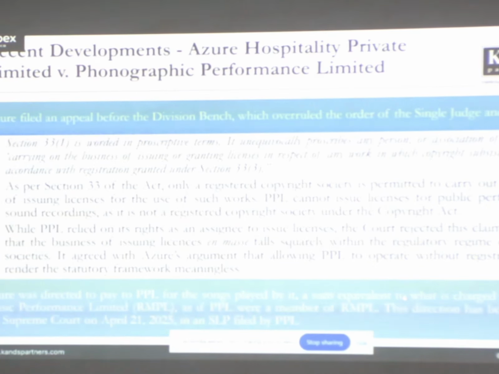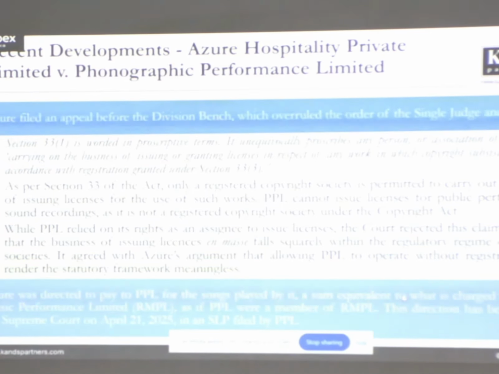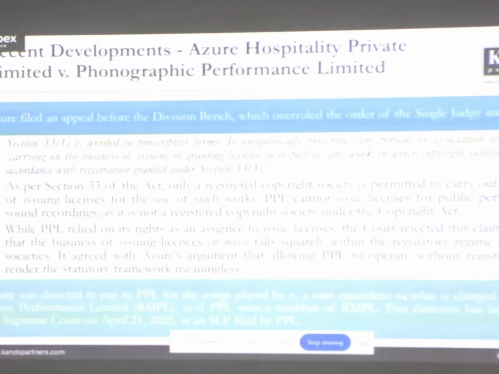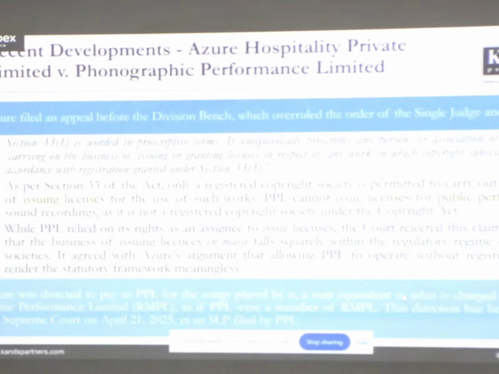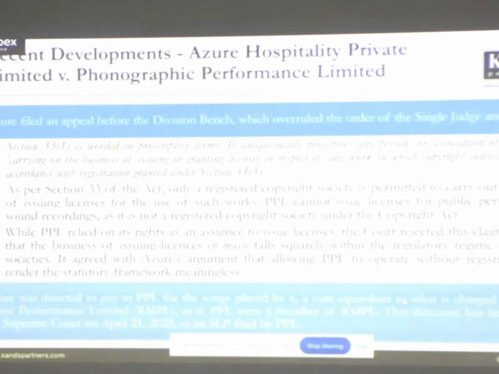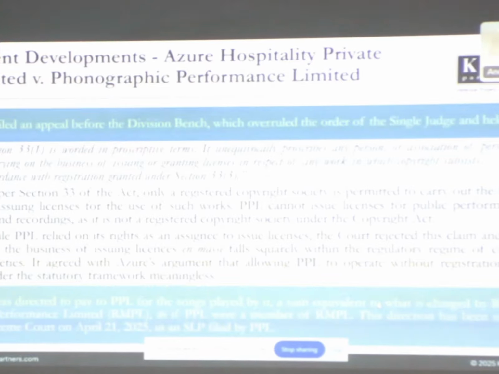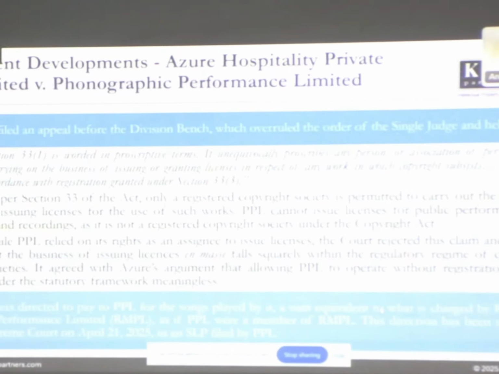But at the end of the day, Azure cannot be allowed to use this music free of charge, because it is copyrighted work. So the court ordered Azure to pay PPL for the songs played by it, a sum that is charged by RMPL. Now RMPL, you saw earlier, was the registered copyright society for sound recordings. Every copyright society has its own tariff based on which the license fee is paid. So the court said that Azure will have to pay PPL along the lines of RMPL's tariff, as if PPL is a member of RMPL, and PPL will not be allowed to use its own tariff. Now this specific